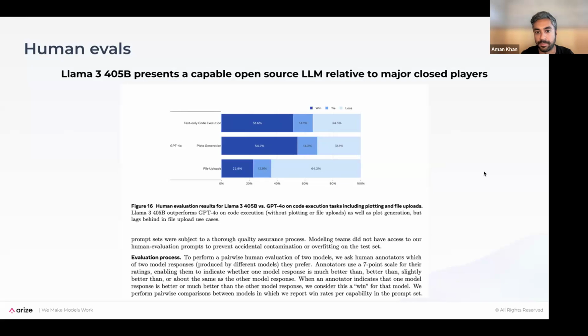So this is kind of interesting in that it just goes back to the point that this model is pretty comparable to 4o based on human evals. This is a pairwise evaluation based on human annotators picking one model's response. I think you're going to start seeing more of this type of eval, is my takeaway on this slide. The reason is that there's already discussion out there